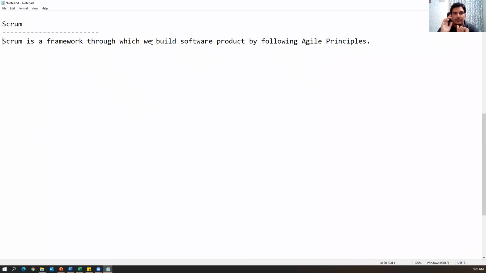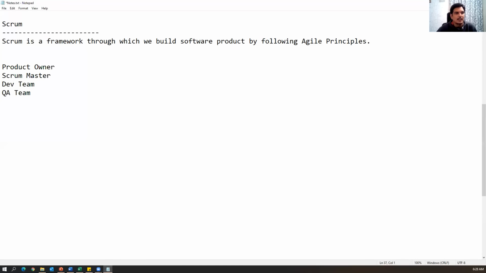Okay, and one more thing. In the Scrum process, a set of people will be involved, so we can call all of them together the agile team, or we can say Scrum team. So what are the people involved in the Scrum team? In the Scrum team we have the product owner, Scrum master, development team and QA team. These are the four types of people that come under the Scrum team, remember guys.